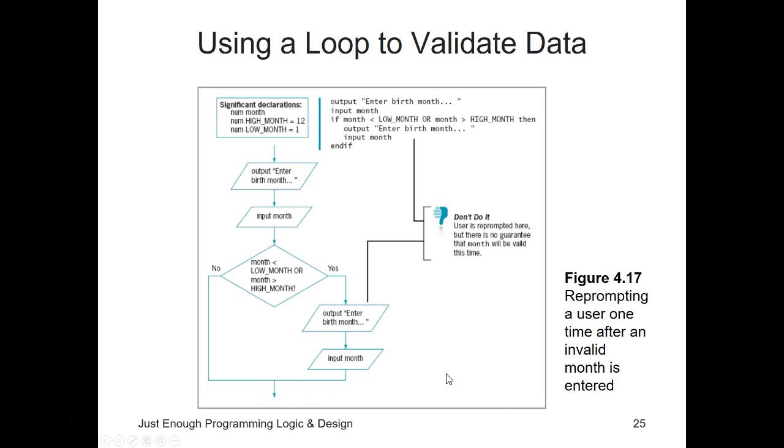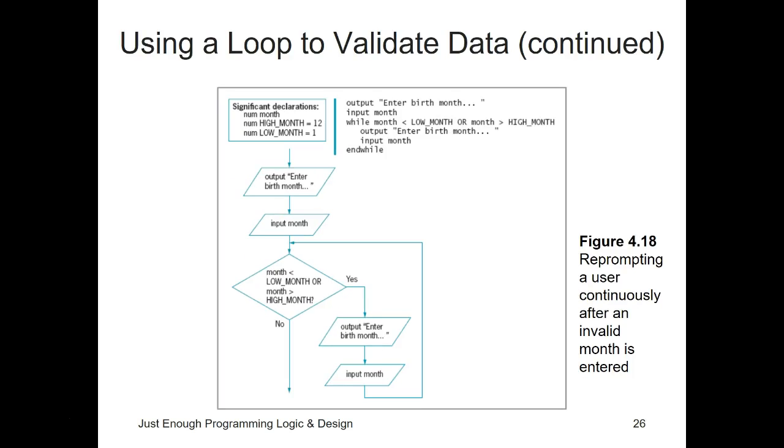But what we can do is we could make that a loop. So very similar structure, but now instead of just having a selection there, we're saying while that month is less than low month or month is greater than high month. So while it's outside of those parameters we want, then they're going to have to input another month. It gets checked again, checked again. So somebody could screw up 1,000,000 times on there, and it would still not exit that loop because you're asking that user for an input